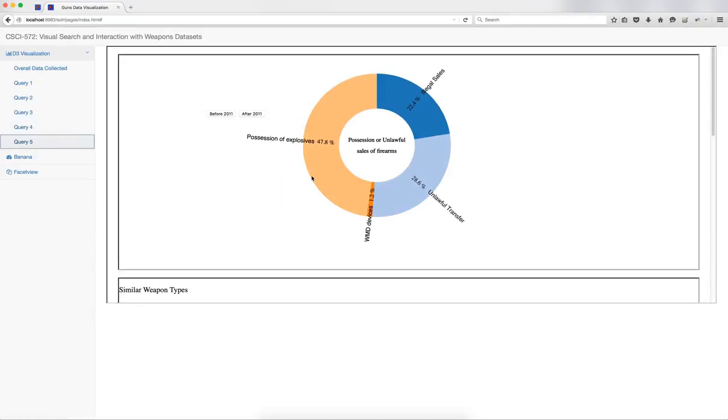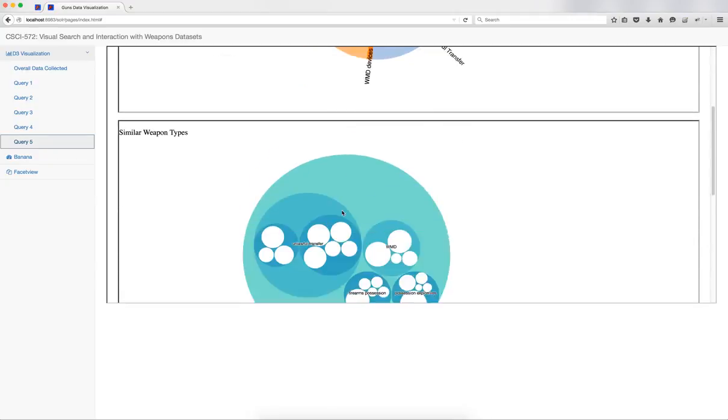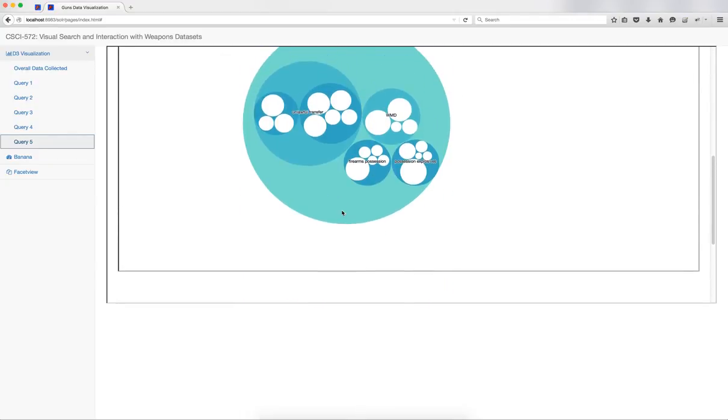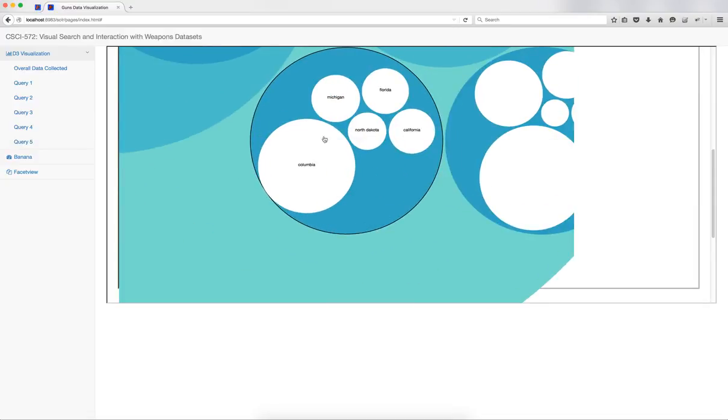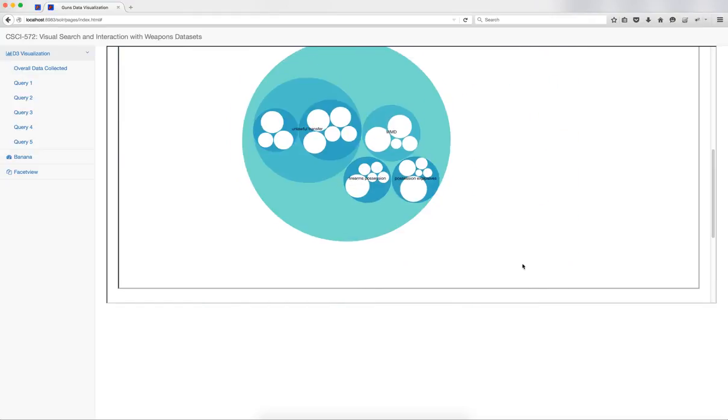For the fifth query, the task was to identify ads and images related to unlawful transfer and possession of explosives, WMD devices, and precursors. So we used circle packing to show this output. As you can see, for firearm possessions, there were these states which gave the data corresponding to firearm possessions.